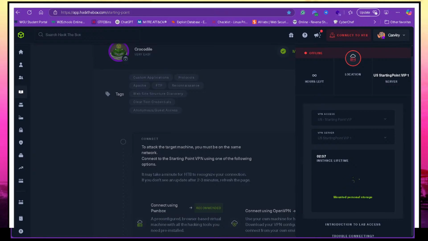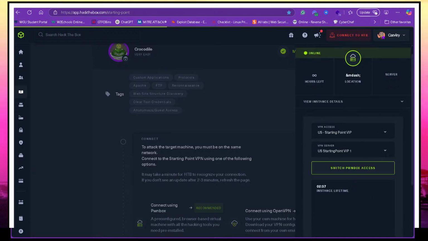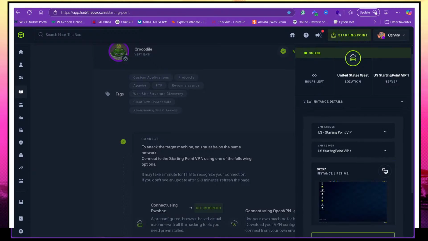Yeah, I use Parrot because of Hack the Box. Hack the Box got me so used to using Parrot that I don't even like Kali Linux. And I want to show you guys my Kali, or my virtual machine,